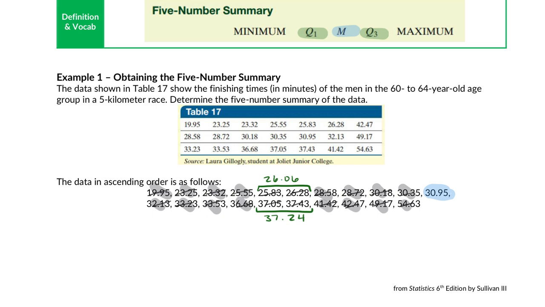So my 5-number summary, to write it down, we want the minimum value. What's the minimum value? 19.95. We want quartile 1, which is 26.06. We want the median, which is 30.95. We want quartile 3, 37.24. And we want the maximum, 56.62. Boom, 5-number summary. It shows me pretty resistant data values